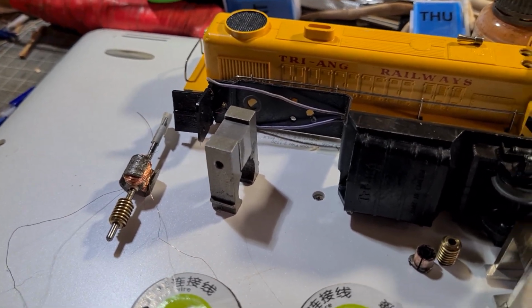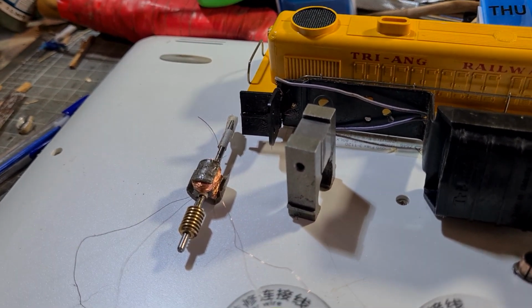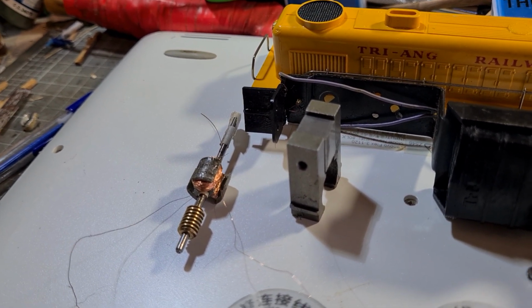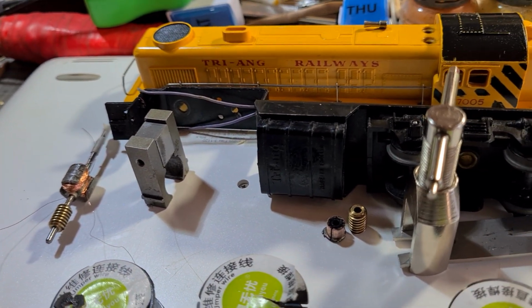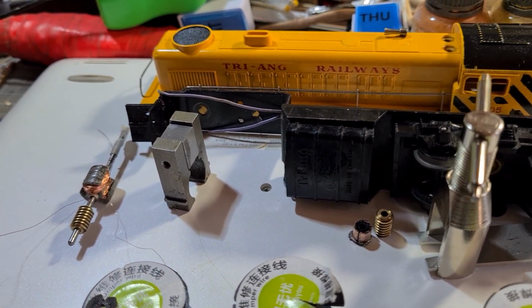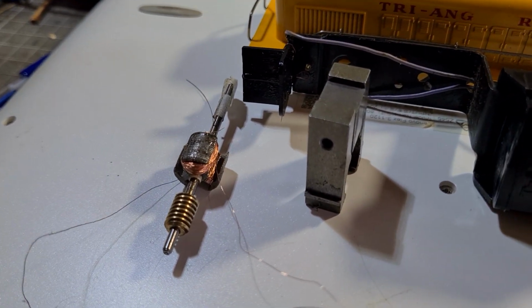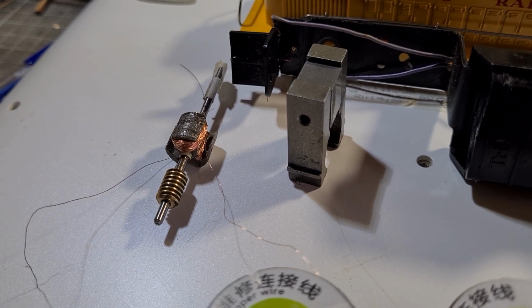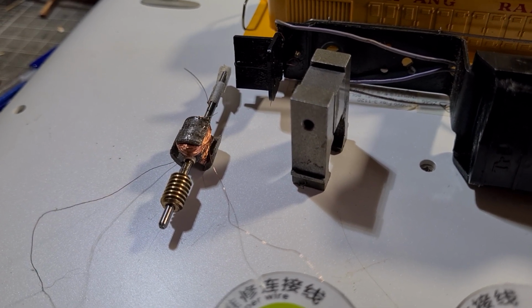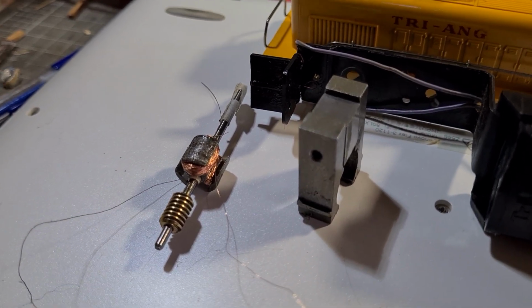Well, good afternoon. I'm just in the process of rewinding an armature out of this Triang switcher, and I showed you the results of one of my earlier ones the other day. I just thought I'd give you a bit of a clue on how to get started if you're actually feeling the inclination. And you can see there in front of you